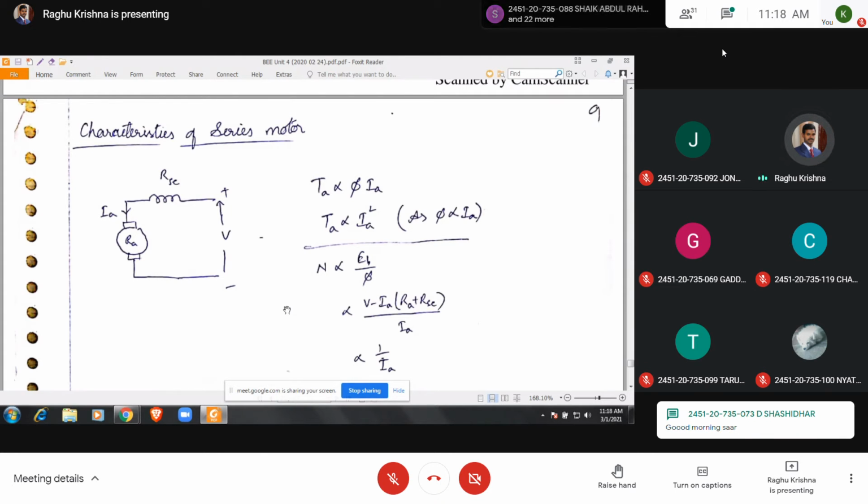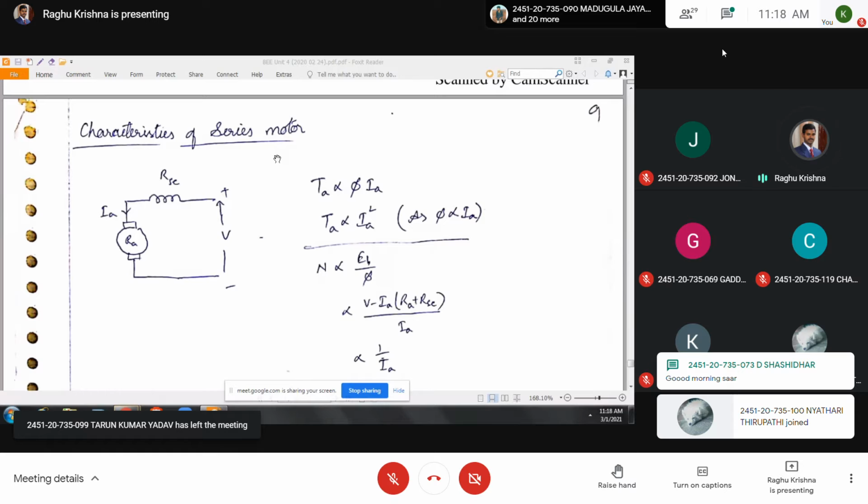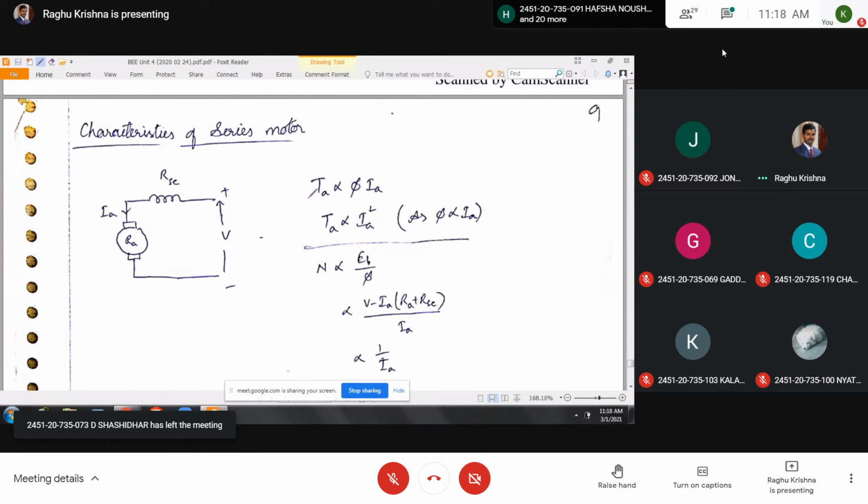So today let us see the characteristics of a series motor. As I told you, torque is proportional to flux into Ia, and speed is proportional to Eb by phi. Is it right? Have you got this one? So previously,